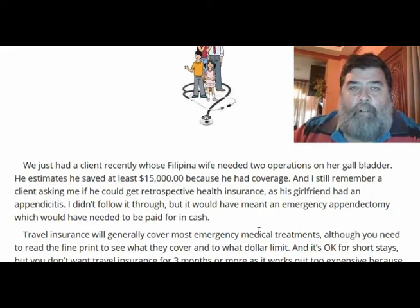We had a client recently whose Filipino wife needed 2 operations on her gallbladder. He estimates he saved at least $15,000 because he had coverage. And I still remember a client asking me if he could get retrospective health insurance as his girlfriend had appendicitis. I didn't follow it through, but it would have meant an emergency appendectomy, which would have needed to be paid